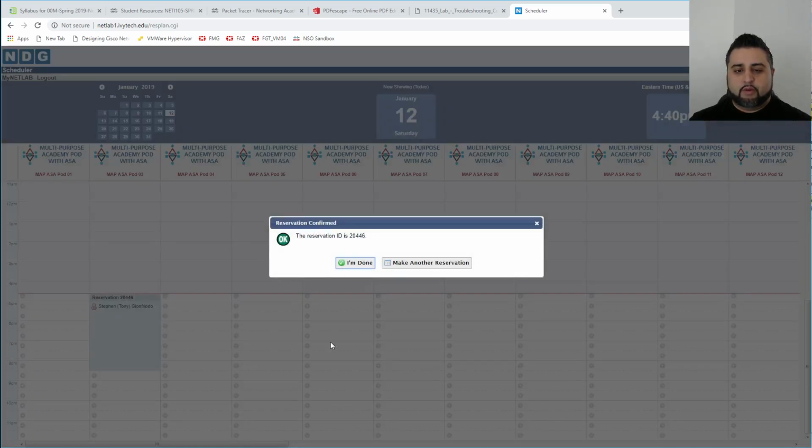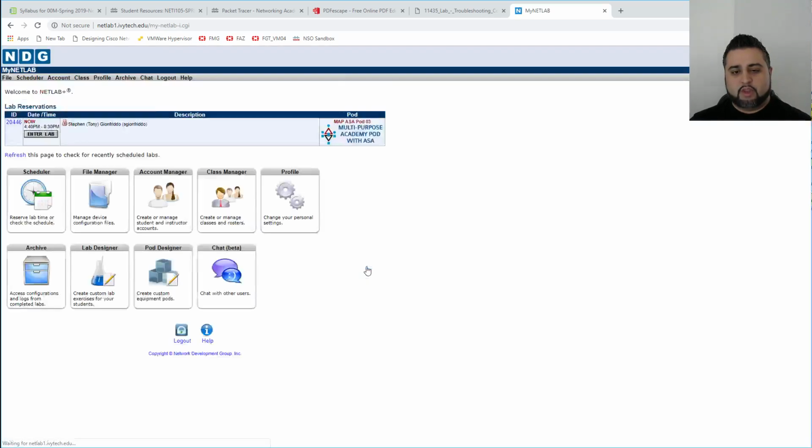And what it's going to do is make a reservation for you. And you can kind of see it back here. It made a reservation for me for that 4-hour time frame. And then I could just click I'm done. Now because I selected a reservation time that was immediate, the lab reservations show up on your main homepage dashboard. And so if you're ready to go into the pod to access your NetLab, you can click this button